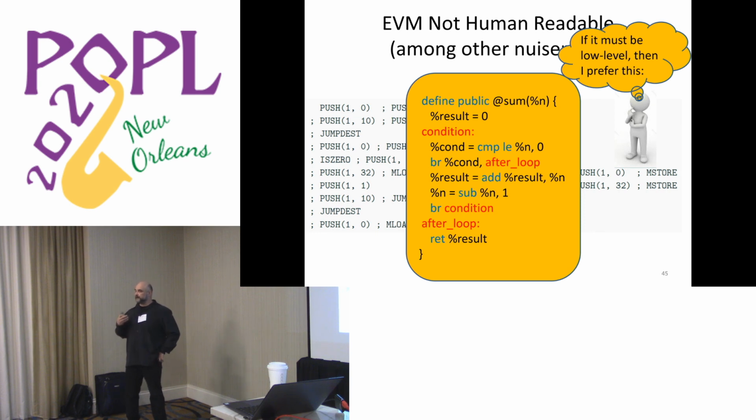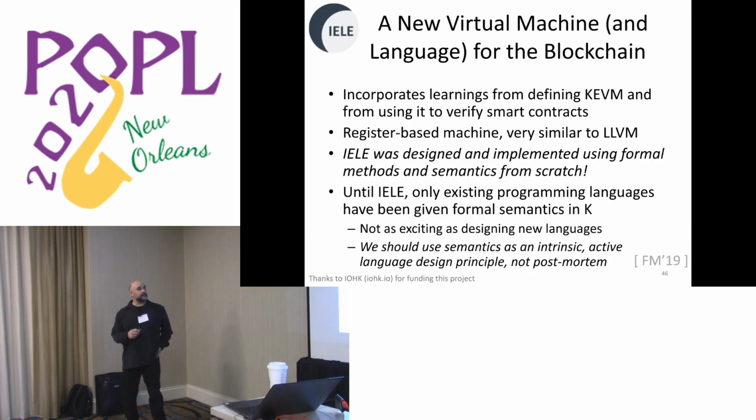But it turned out that despite our huge desire to make LLVM work, there were some things in LLVM that were really not needed for smart contracts, and some things that were missing. So we had to change it. And in the end, we called it differently. We called it Yele. But think of it as a version of LLVM for smart contracts.